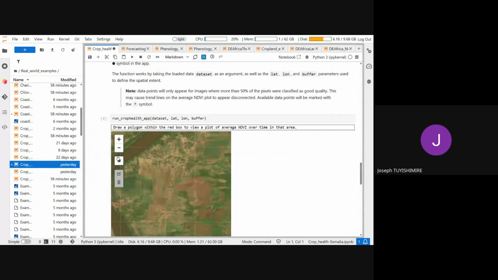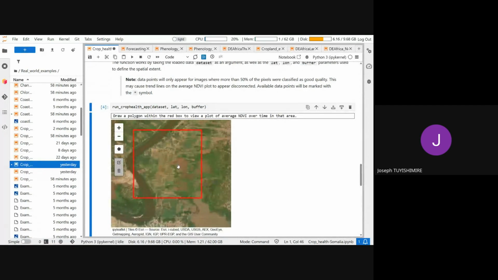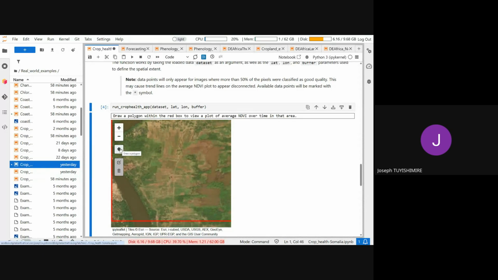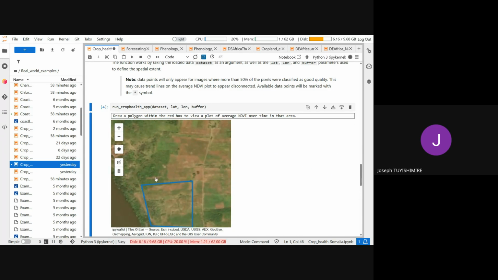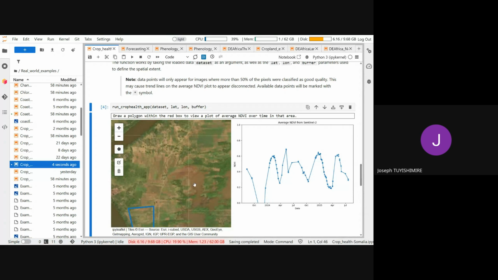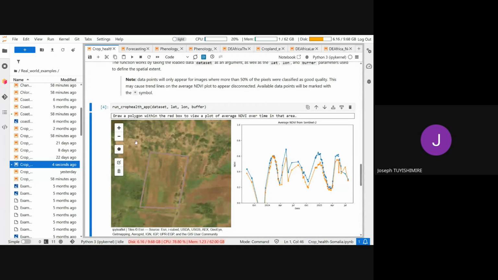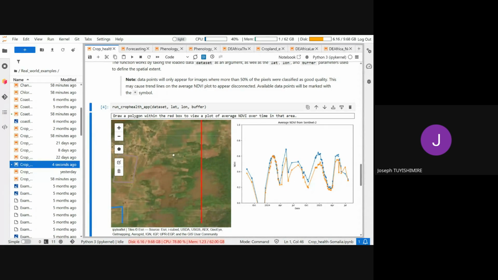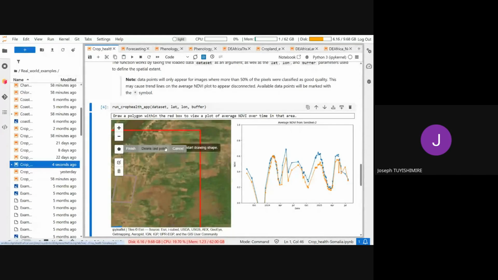When you run the application, you can see this is our study area, and we can use this button to draw a polygon. When you draw a polygon, it draws automatically a spectral signature on the other side. Let's choose several plots, like 4. You can see that the extent of the spectral signatures is similar. The trend seems the same over time.